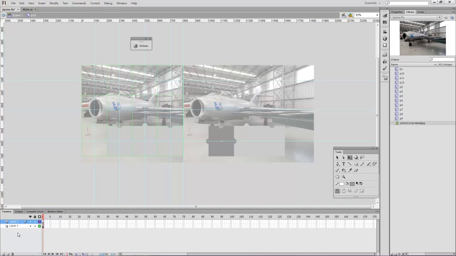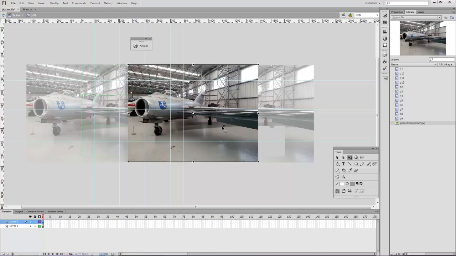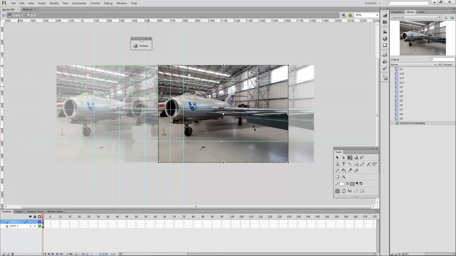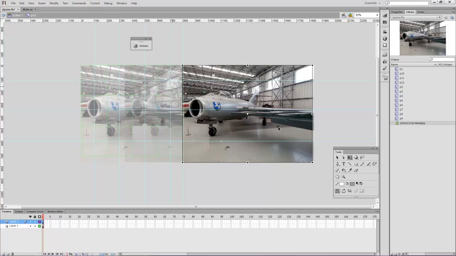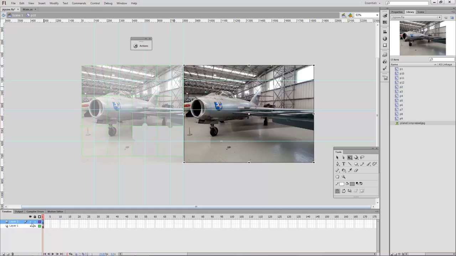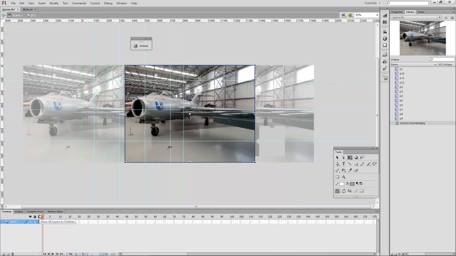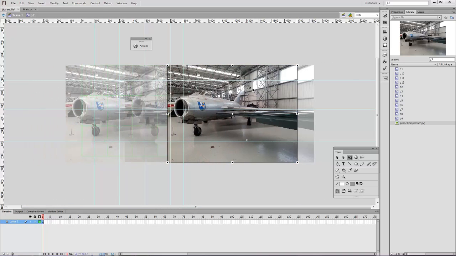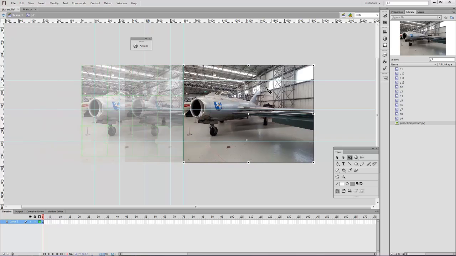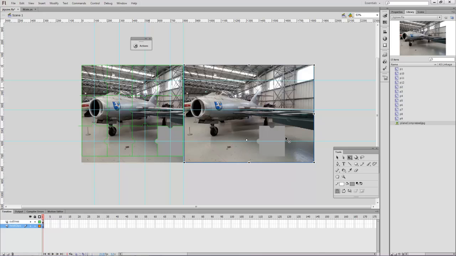It'll be fine because we'll go through the library to access them and make the masks. Okay, just 2 more to go. It's roughly working. And then the last one,